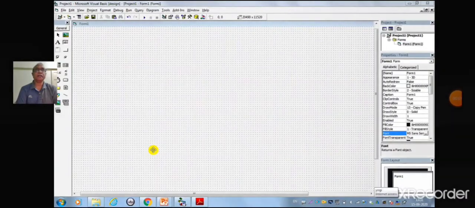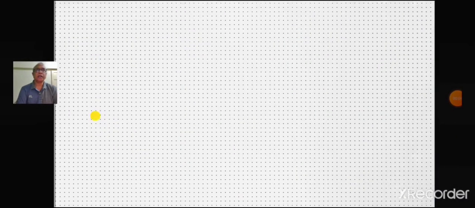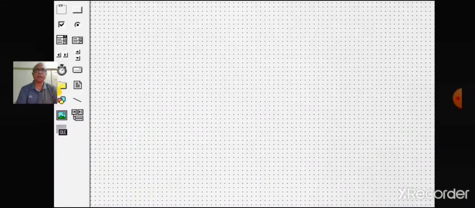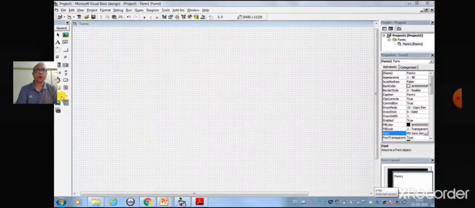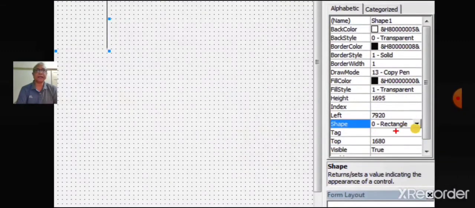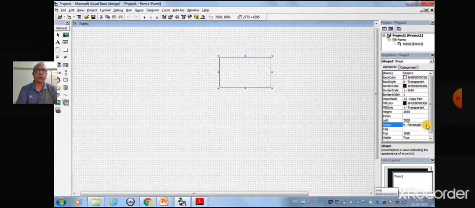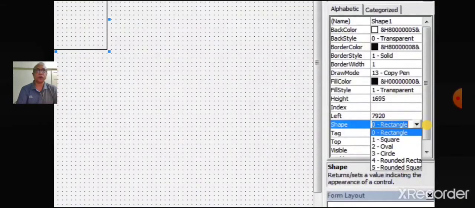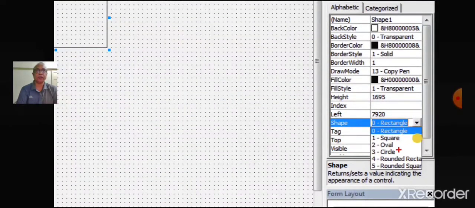Now we will create the interface. Children, at first we will go to toolbox and select the shape control. Look at the shape option in the properties window. By default, rectangle shape is selected. When we click on the drop down menu, various options for shapes are available.